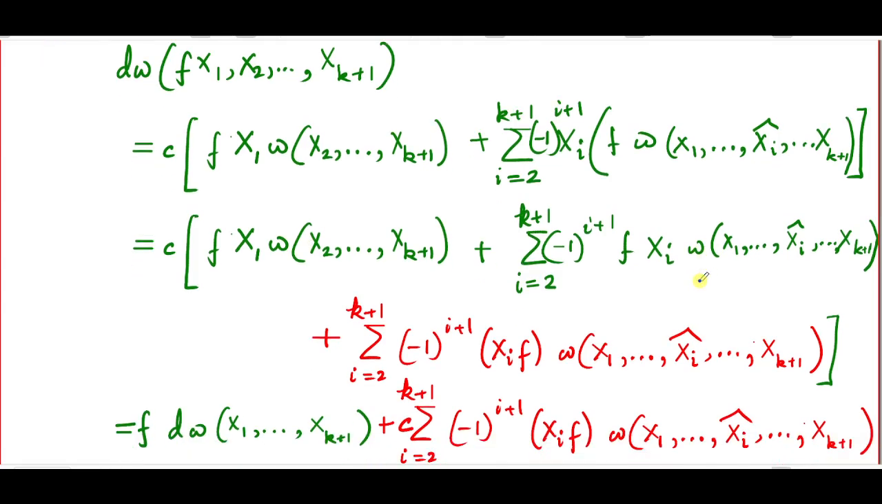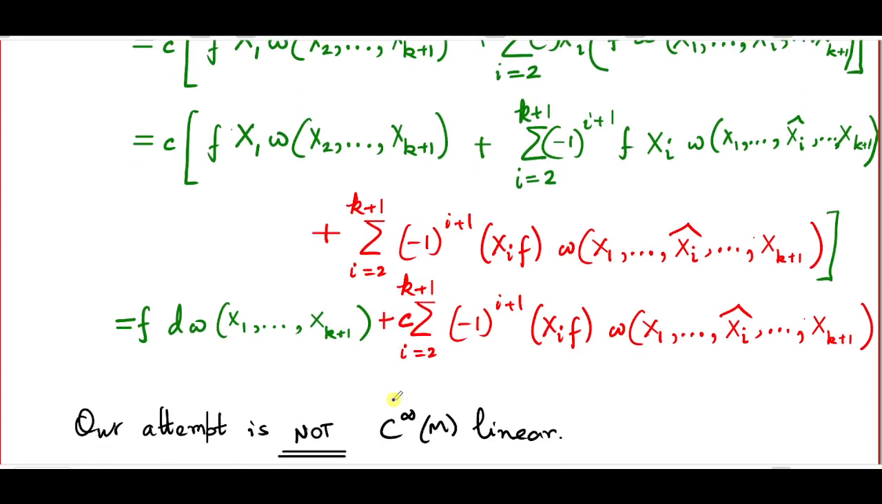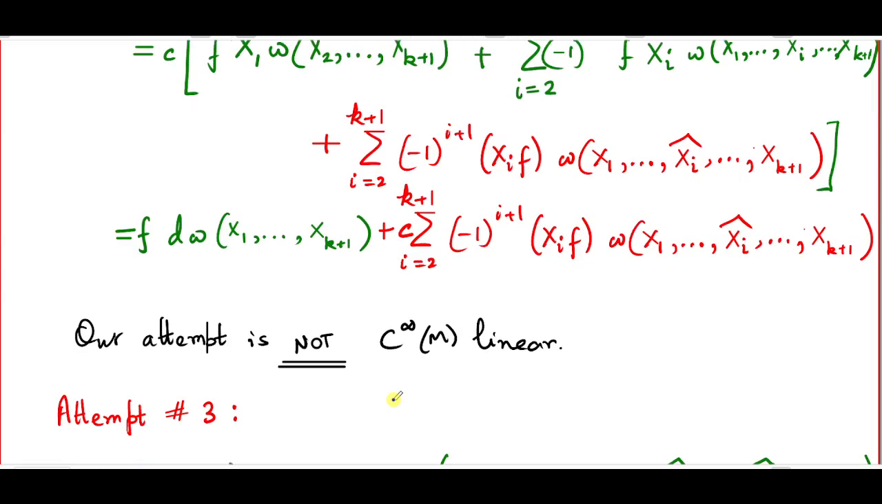So as far as our attempted d omega is concerned, d omega acting on fX1 with all the other arguments staying the same is f times d omega with the original arguments plus this one additional piece. So our attempt is not C infinity M linear. So we now have to make another attempt. And in this new attempt,